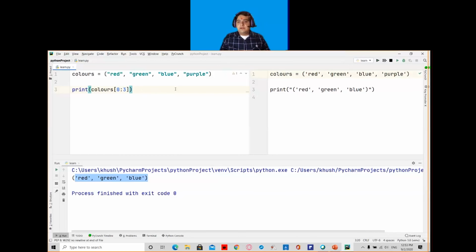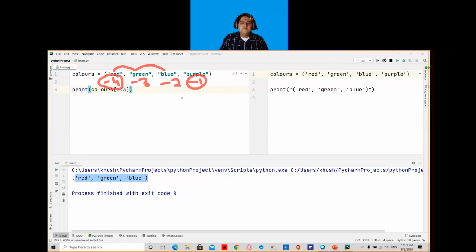If you want to print the same output but with the help of negative indexing, so I will mention here, for purple it is minus 1, for blue it is minus 2, for green it is minus 3 and for red it is minus 4. And I want my output as red, green and blue. So I will mention my start index as minus 4 and the end index as minus 1, because minus 1 will be excluded.